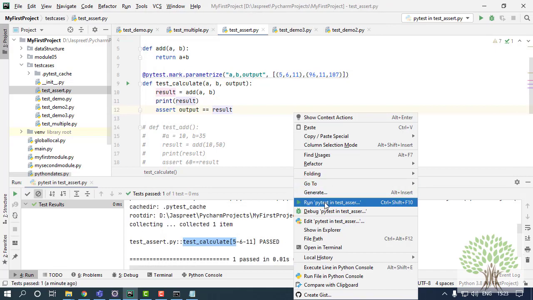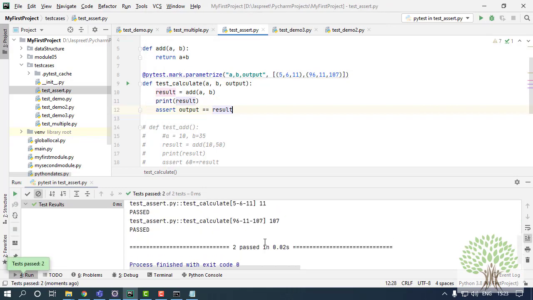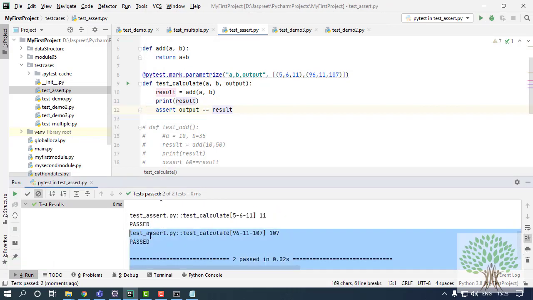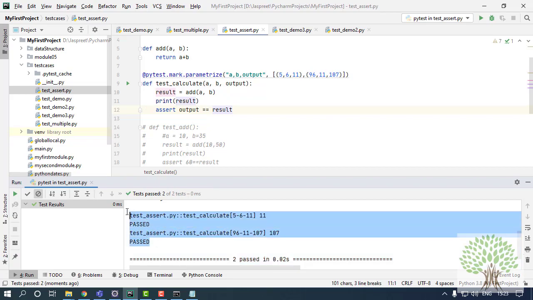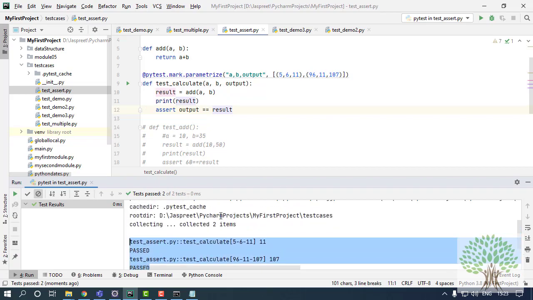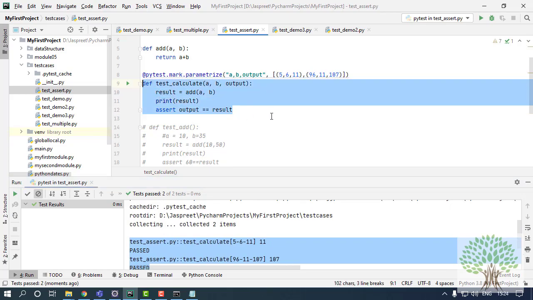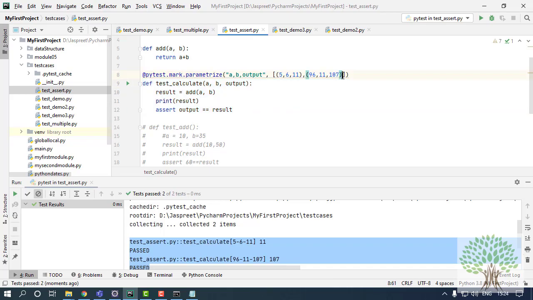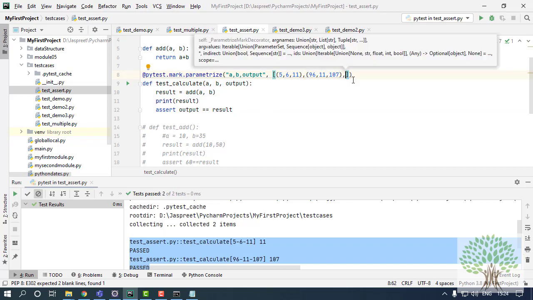Okay, run PyTest. Now this is how two of my test cases are being counted, two different test cases with two different data sets but on a single code. I am not changing any of my code. I am not adding anything else in my code. Just a new set of data is being added, and that too through the annotation. And this way, as many data sets as you want to add, you can.